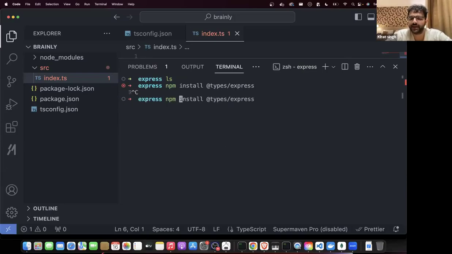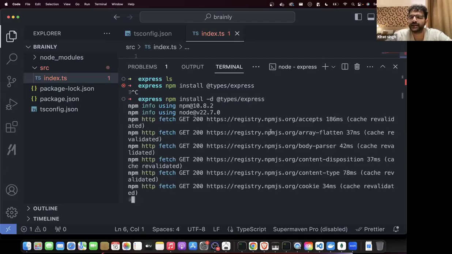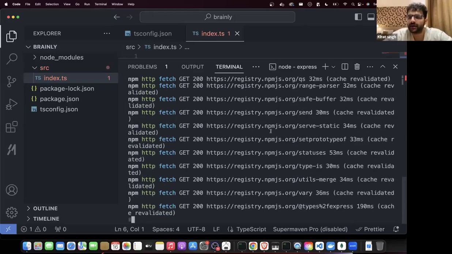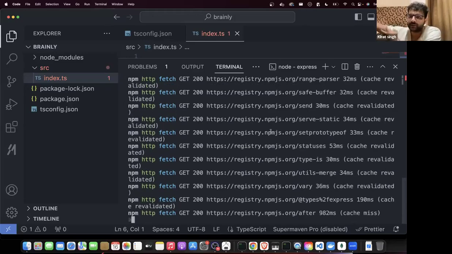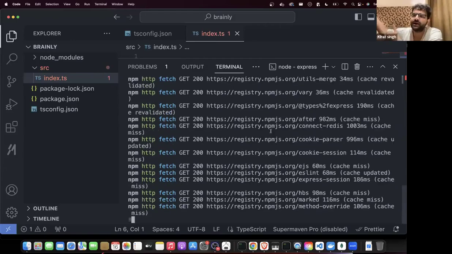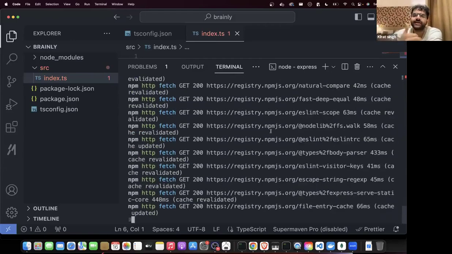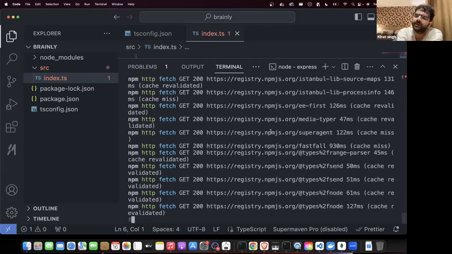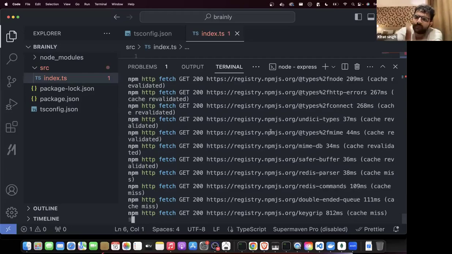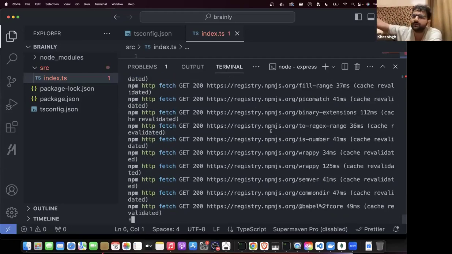You should usually make this a dev dependency too. This only has declaration files. Declaration files never run when you are running your final JavaScript code. In the JavaScript code, there is no need for TypeScript at all. That is why it should be a dev dependency. If you don't make it a dev dependency, that is also fine. Dev means it is used during development, not in production.